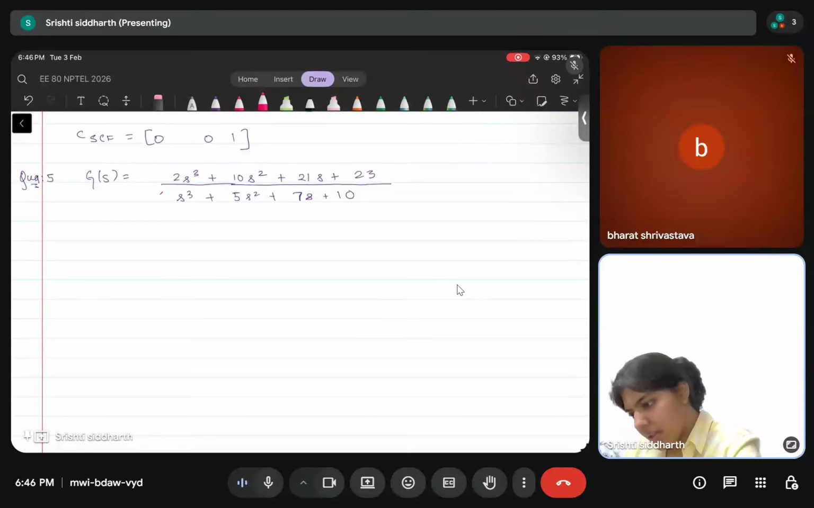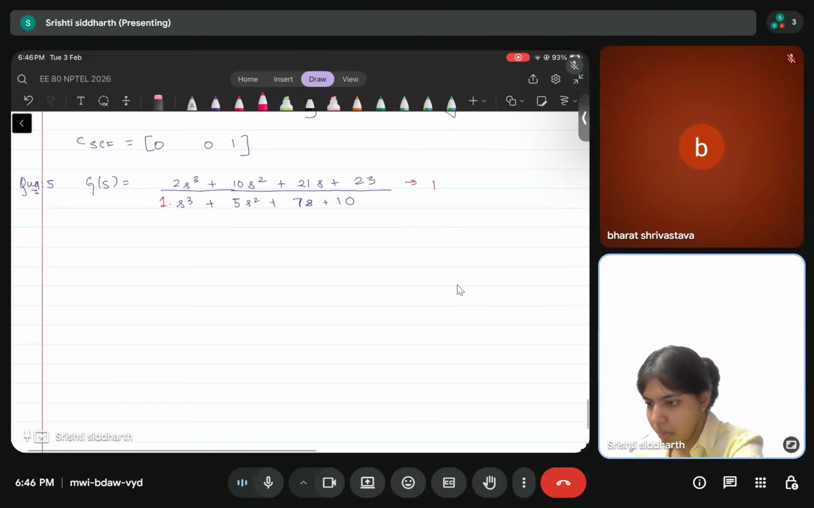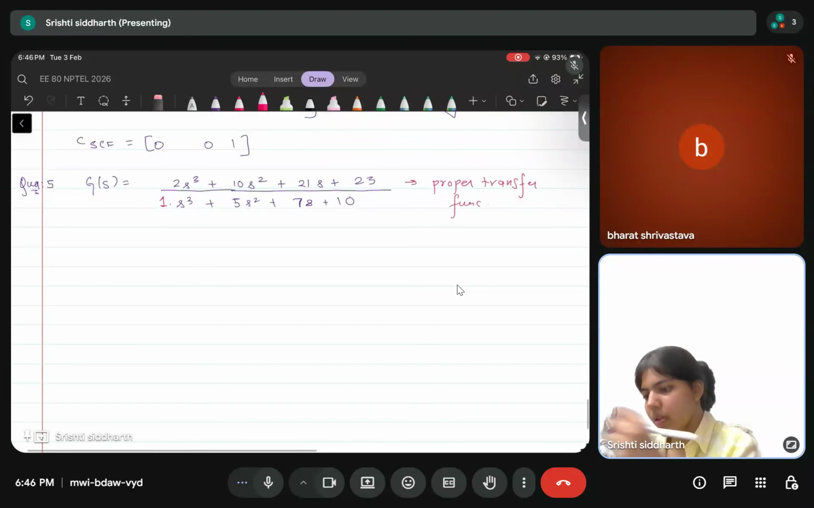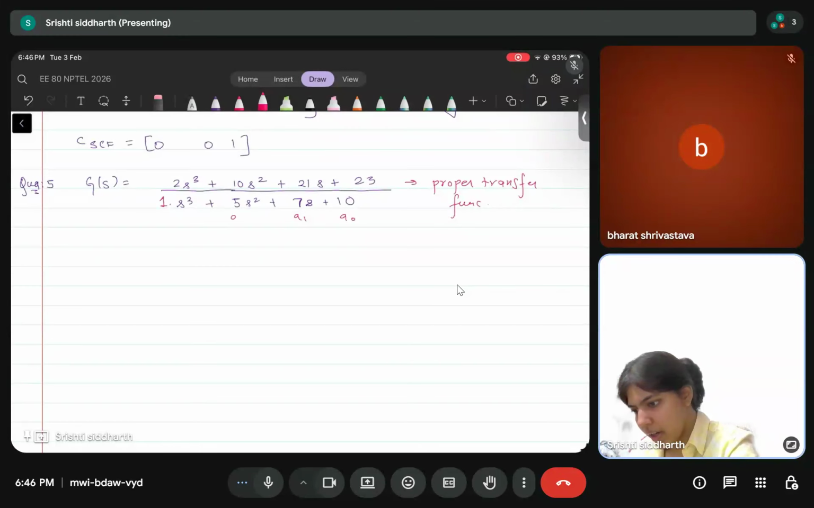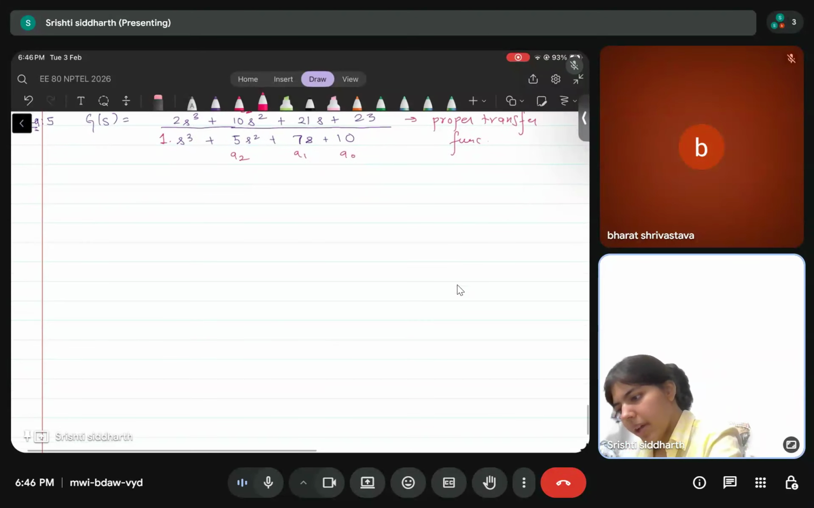Alright, so observe that this is 1 here, so it's in the standard form. Also, we have s cube in the denominator, so it's not strictly proper, but a proper transfer function. Let's note down the coefficients. This is A0, A1, and A2, B0, B1, B2, B3. Alright, so in the first companion form, the A matrix is